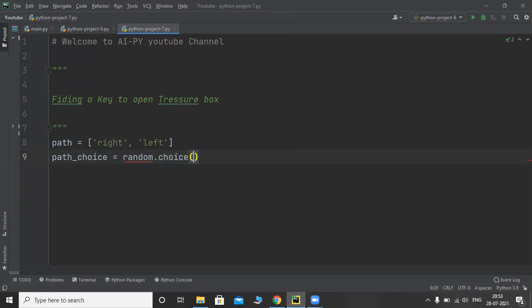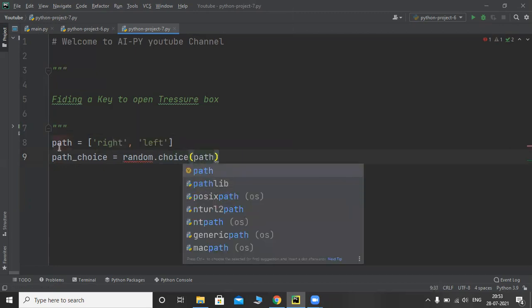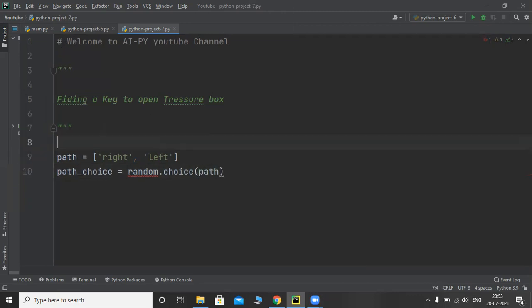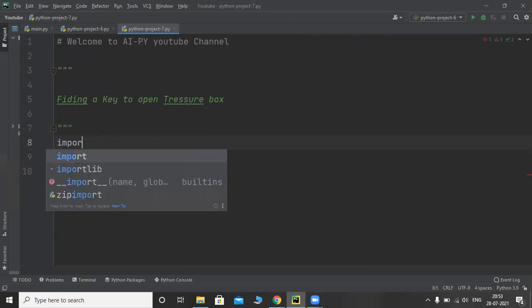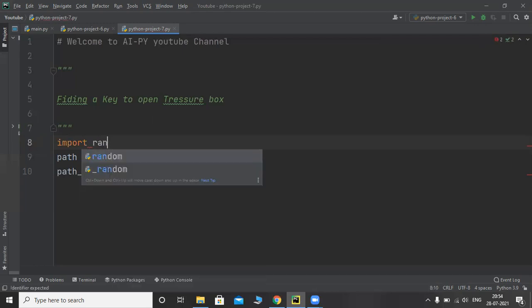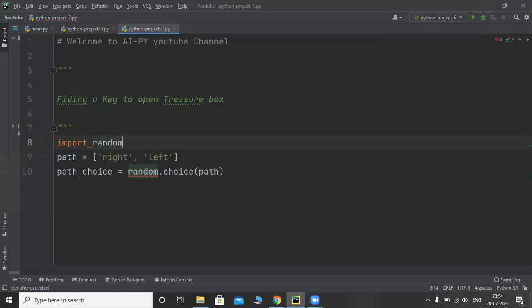We need to pass path here. There is no random module, so I will import random first. Now this red color will go.